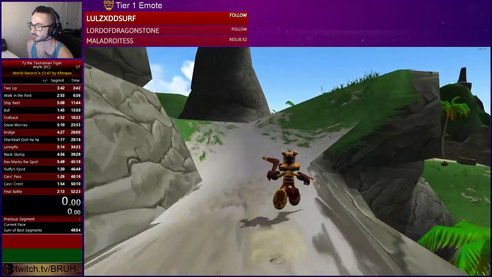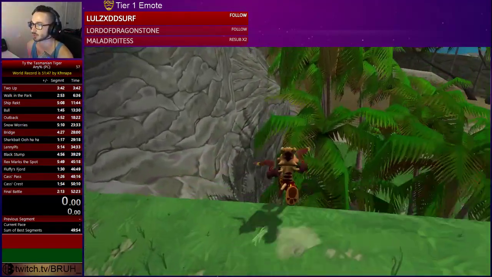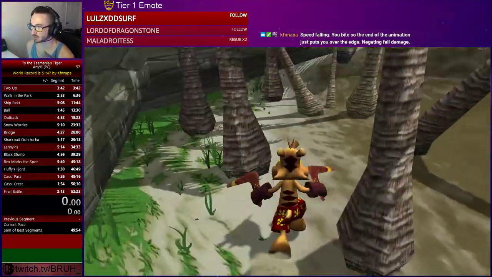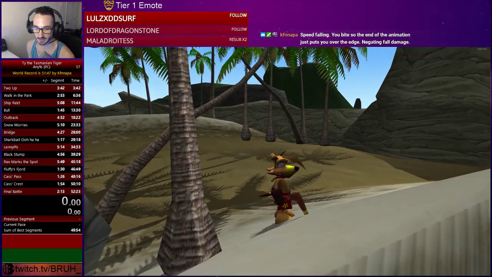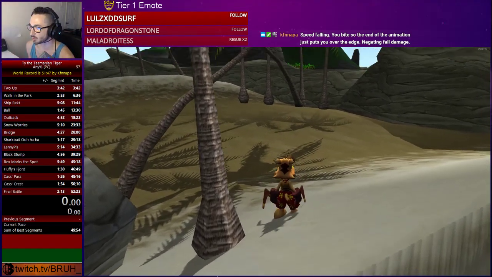This is when we're going to do quicksand, which is really cool because sometimes you can get the 2-frame trick or so and barely touch the top of the sand and keep on going. Let's see if I can duplicate it. Speed falling, you bite at the end of the animation, it just pulls over the edge. Yeah, so I might be able to do that in Lenny, but here, you're going to want to point towards